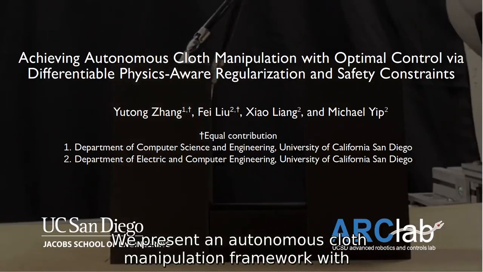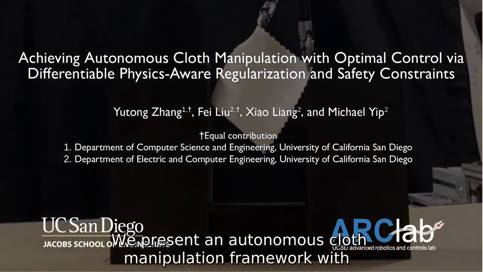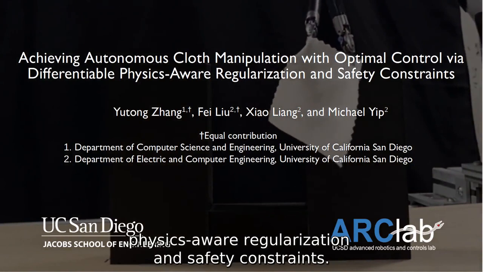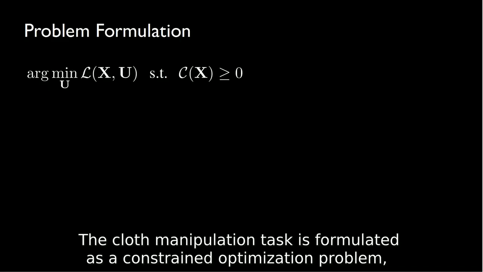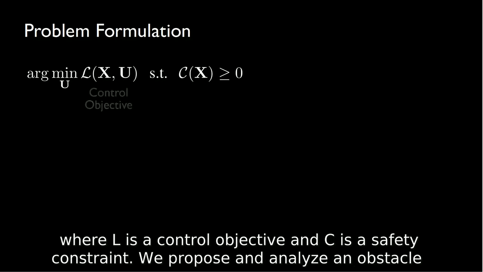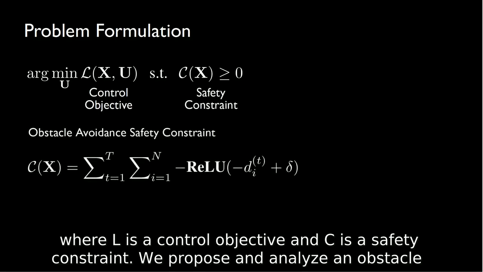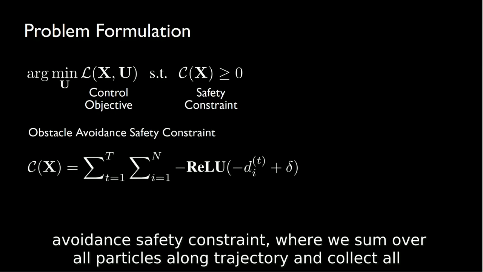We present an autonomous glass manipulation framework with physics-aware regularization and safety constraints. The glass manipulation task is formulated as a constraint optimization problem where L is the control objective and C is the safety constraint. We propose and analyze an obstacle avoidance safety constraint where we sum over all particles along the trajectory